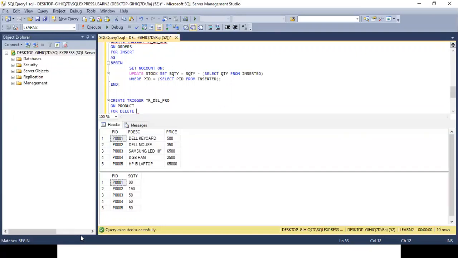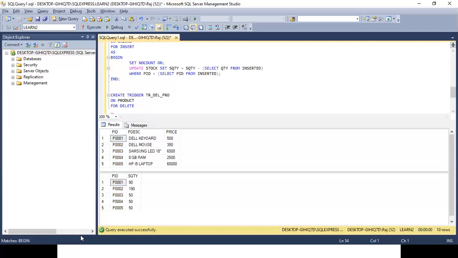Triggers are very simple. But just the 2 things which you have to remember and understand: the table on which the trigger needs to be associated, and the event for which it needs to fire. And the events are only 3, so it becomes very simple. Insert, update, delete. There cannot be any fourth event. For delete